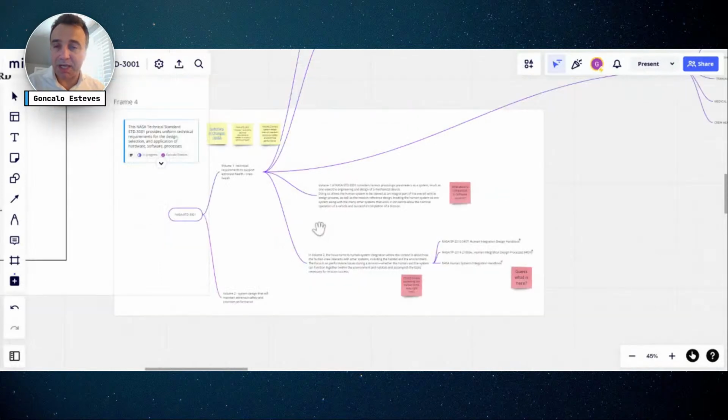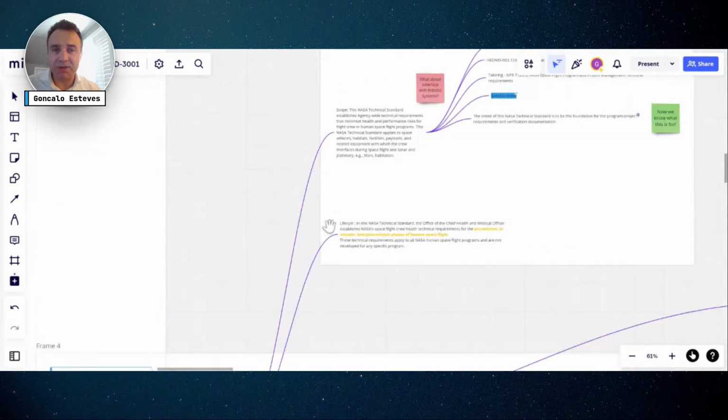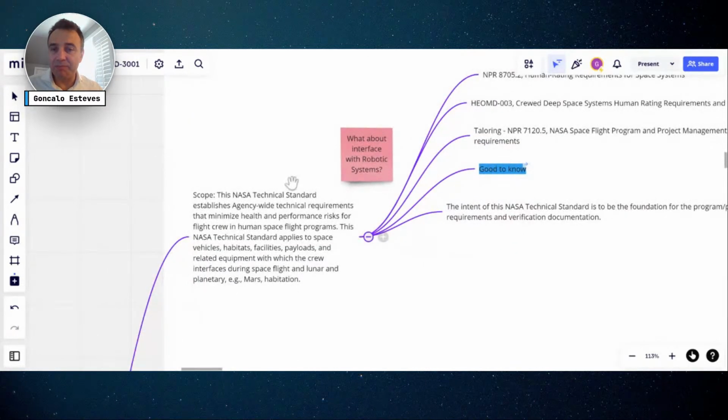Now, let's pick up from the NASA standard. I want to start diving in, because today this is a deep dive into how to apply the standard. Again, being very clear, this establishes all the technical requirements.